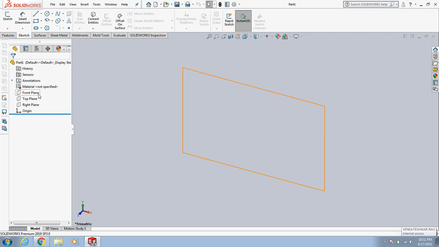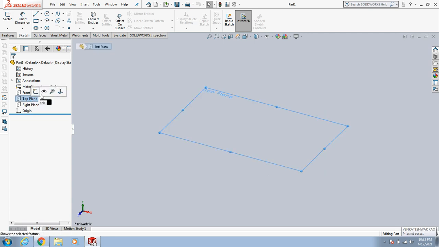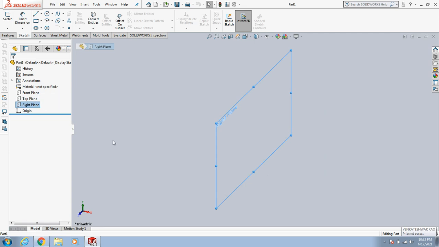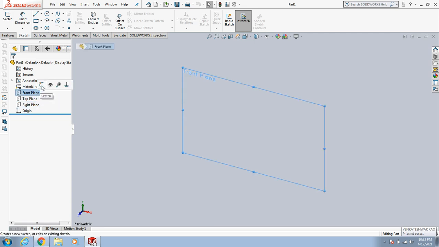I can click the front plane and draw the sketch on the front plane, or click on the top plane and draw on the top plane, or go to the right plane. When I click over here, I am getting four options. I want to do the sketch on the front plane, so click on the front plane and select sketch.